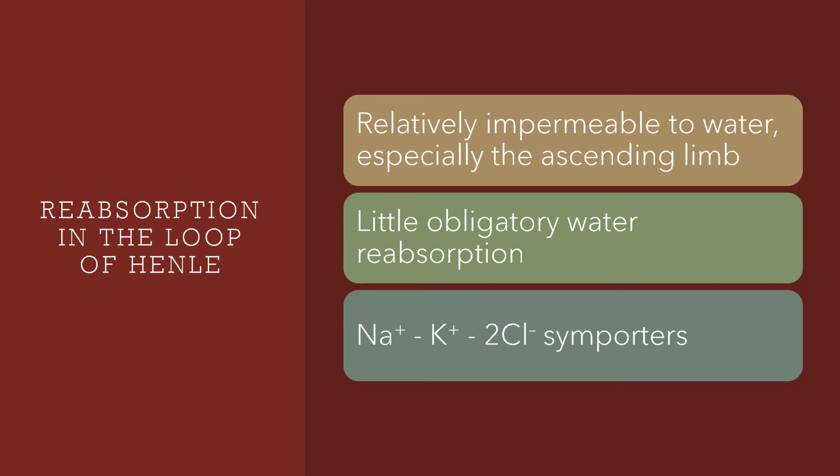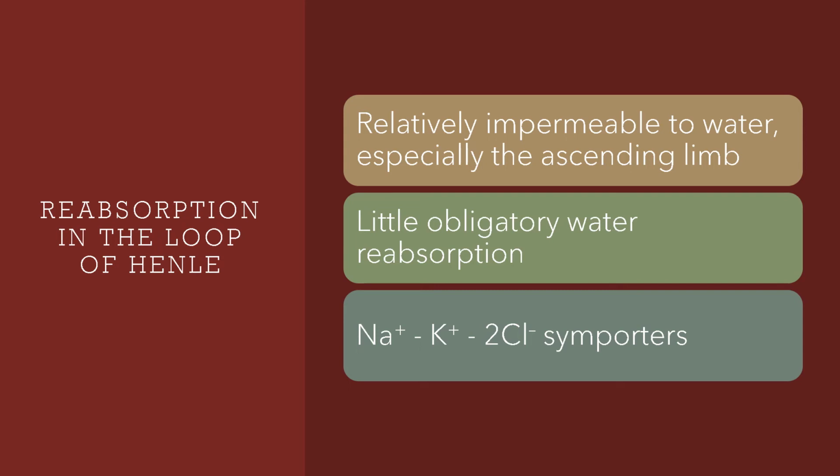Now, because all of the proximal convoluted tubules reabsorb about 65% of the filtered water, fluid is going to enter the next part of the nephron. The nephron loop, or the loop of Henle, is what we're going to talk about next. This is where, for the first time, reabsorption of water by osmosis is not automatically coupled to the reabsorption of filtered solutes. And that's because